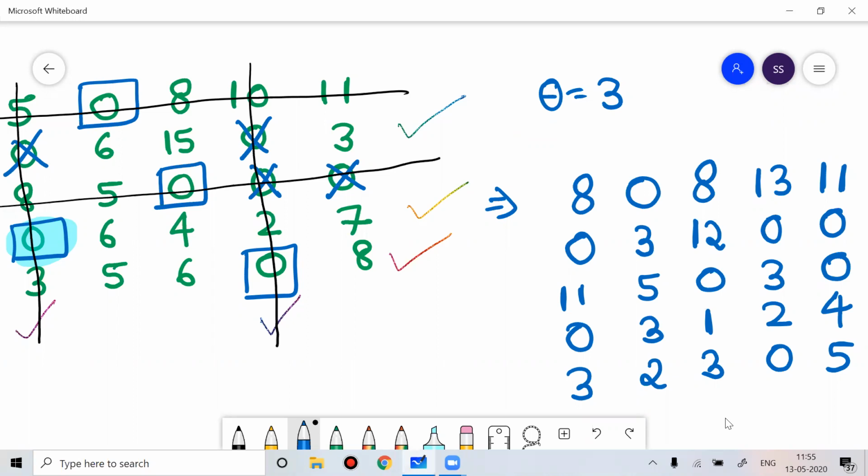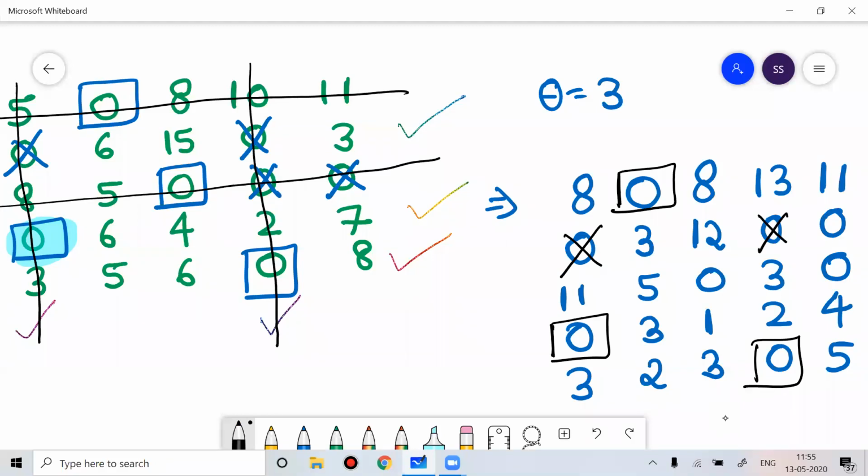now on this new matrix, you can start doing the allocation. In the first row only one 0 is there, so you can allocate. Second row, 3 zeros are there, do not touch. Third row, 2 zeros are there, do not touch. Fourth row, one 0 is there, so do allocation. Fifth row, one 0 is there, do allocation. Okay, first column do not touch, second column do not touch, third column one 0 is there, you can do allocation. Fourth you cannot touch, fifth column you cannot touch because it has 2 zeros, 1 cancelled and 1 is there.